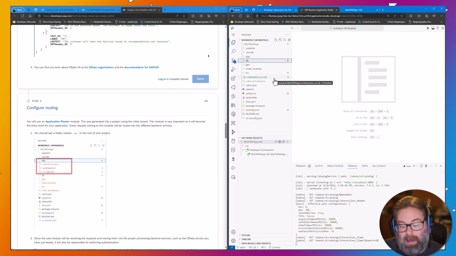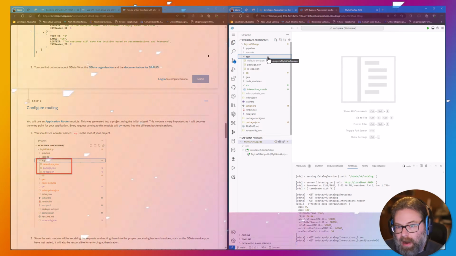And that's also going to be important for how we do authentication and authorization, because that all has to come in through the application router to redirect to the identity provider to get you logged in. If we try to hit our service directly, we won't get that redirect to the identity provider. So all requests are going to have to come in through the application router.